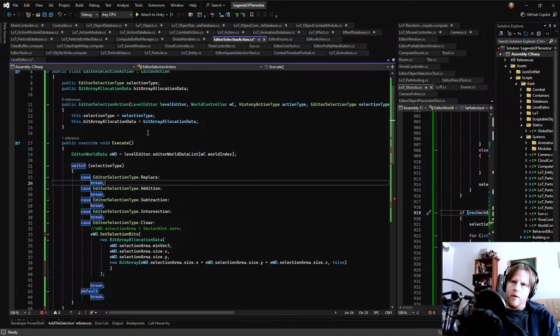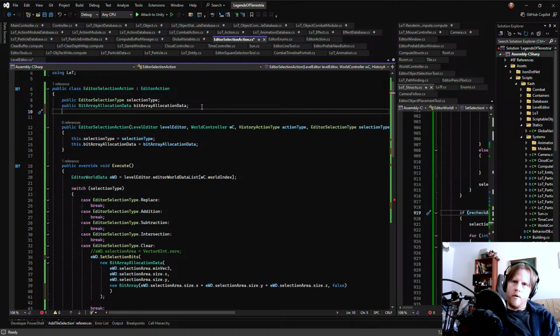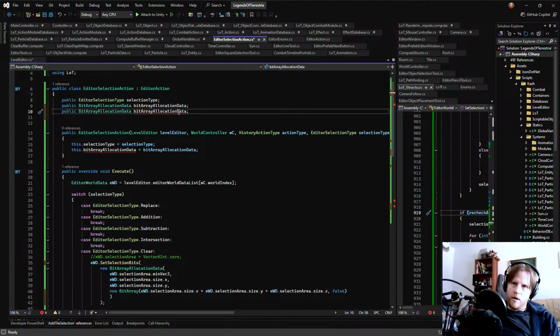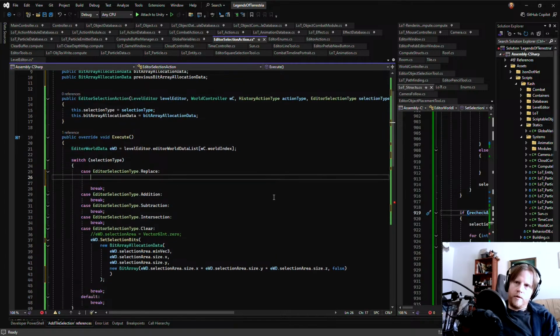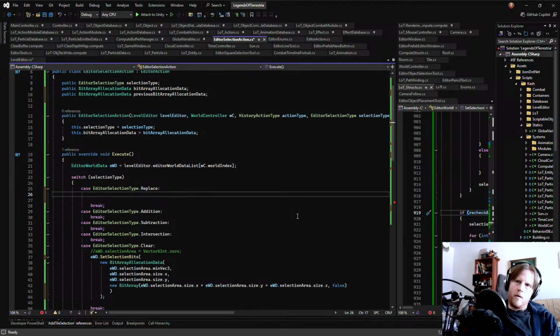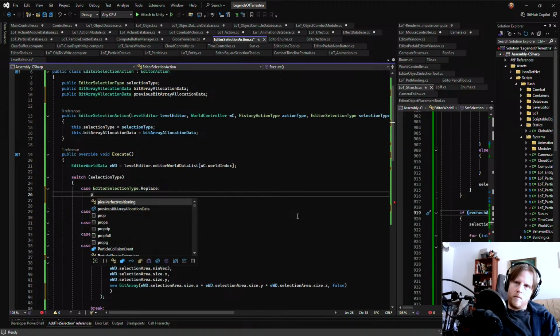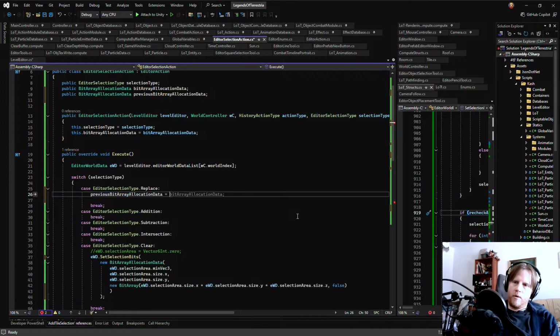But it would mean that we would need to have another allocation data here, and call this previous. And then in order to replace, we would need to say previous bit allocation data equals new bit array allocation data.